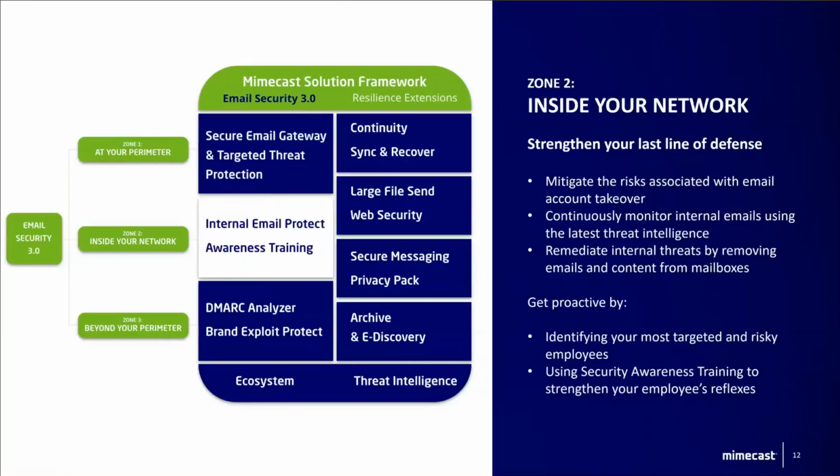And the same checks that we do for your perimeter, so your URL checks, your attachment checks, your spam checks. If we find that that email is malicious, we will take some action. So we'll either block the email, hold it for IT review, or reject the email. The second proactive way to manage this is that if we do find something malicious, not only can we block it, but we can remove it from the mailbox.